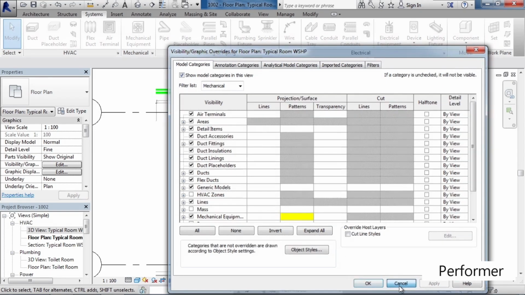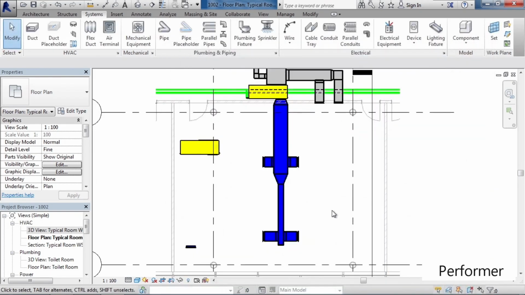Go ahead and click Cancel. So that's what's dictating the colors for what I see in my HVAC system in this model. Now, one of the other methods of placing these different types of diffusers and mechanical equipment components is actually from